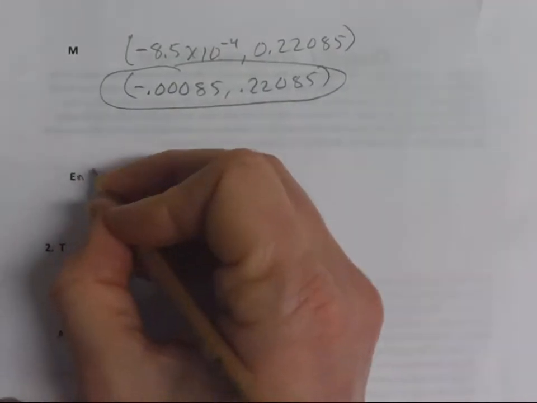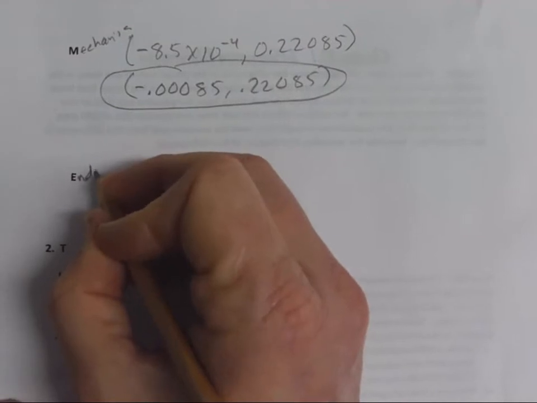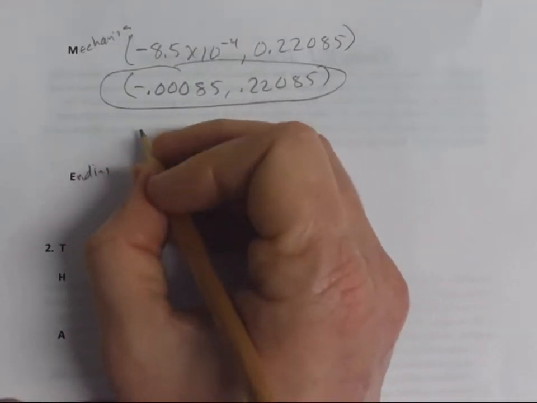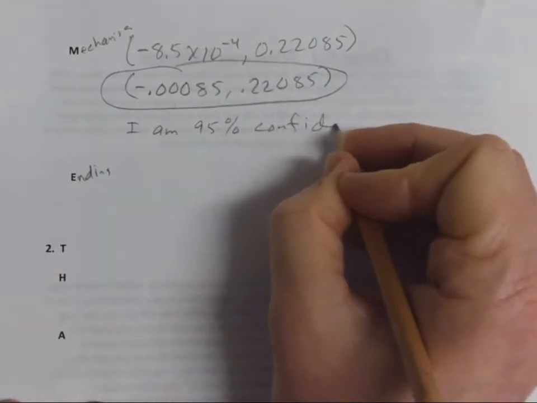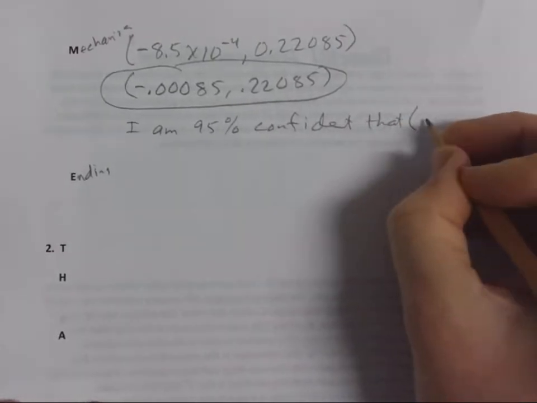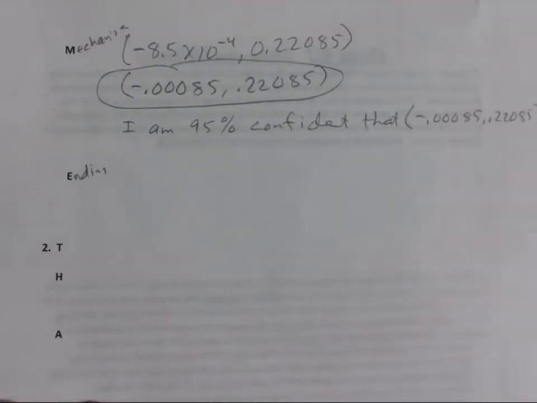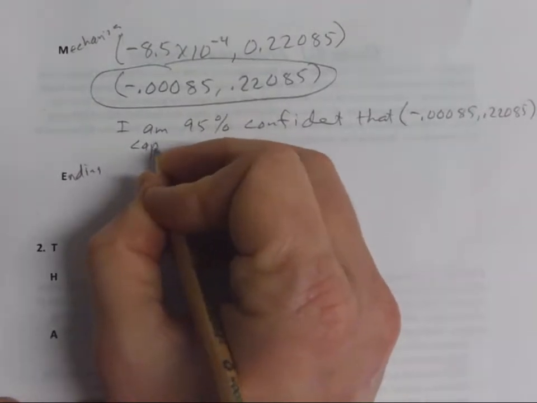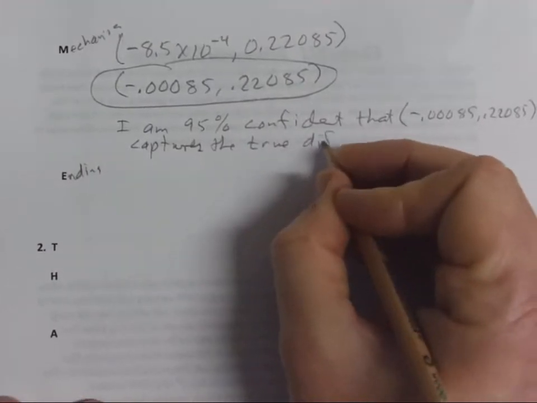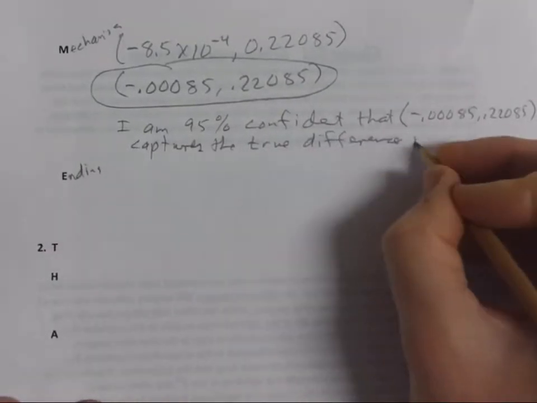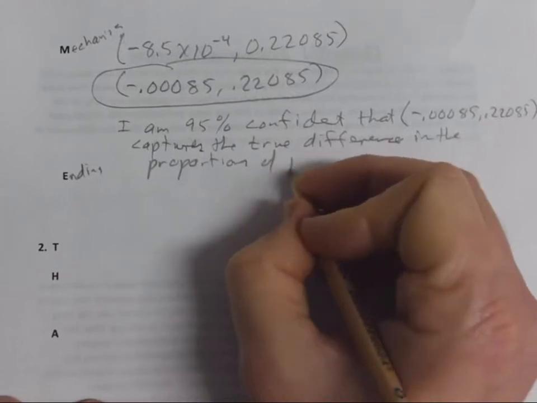And that's our mechanics. And so for our ending, stating our conclusion in context, you would say this: I am 95% confident that the interval, negative 0.00085 to 0.22085, captures the true difference in the proportions of patients